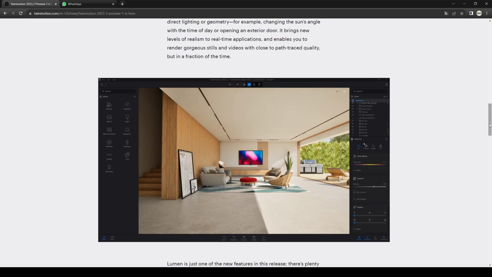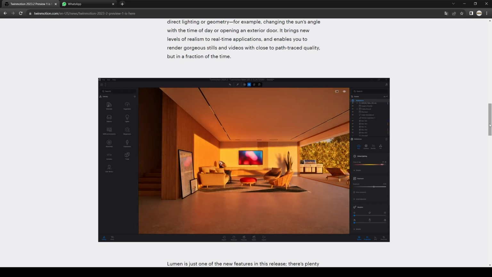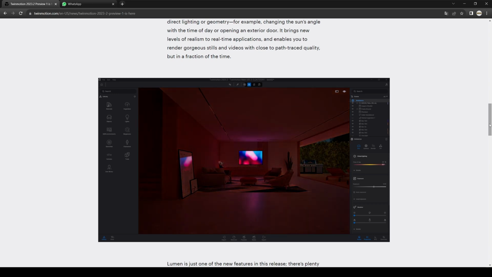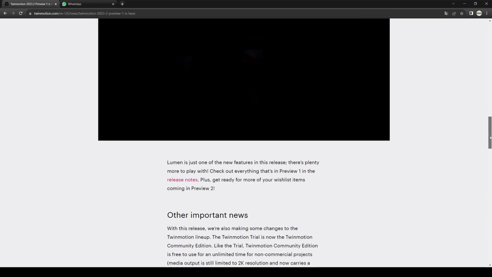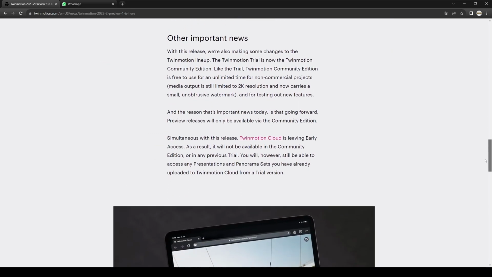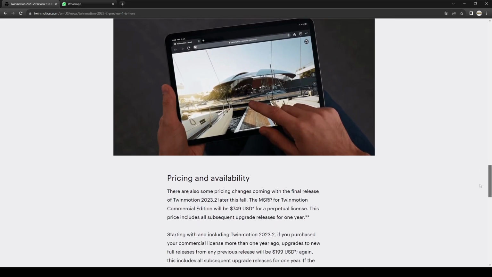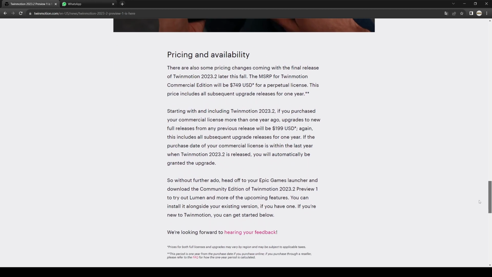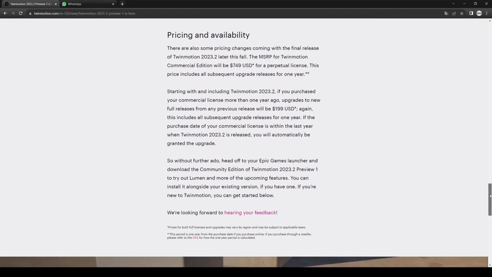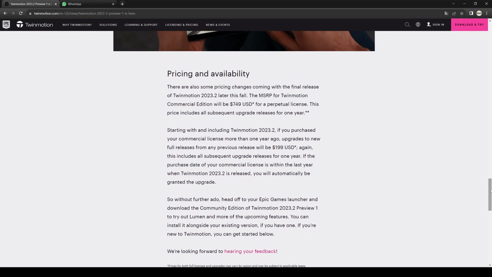Very nice effect. And also we have some changes, for instance pricing and some minor bugs. Of course you can read all of the new features from the website. Now our topic is we are going to create an environment with Lumen and our model created with ArchiCAD.